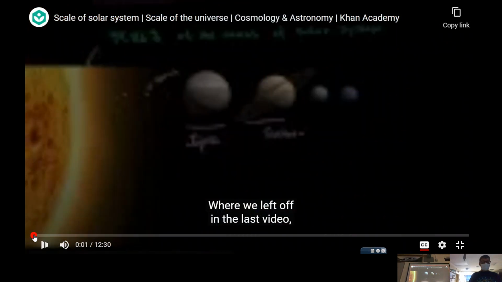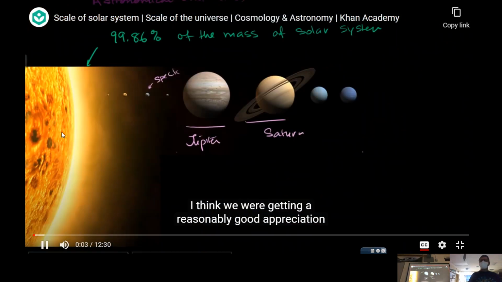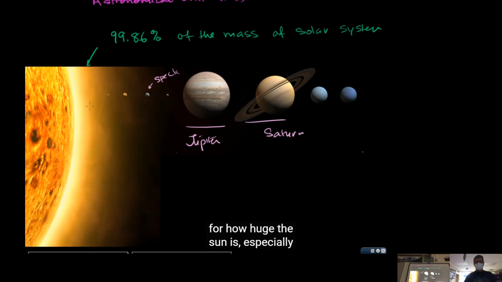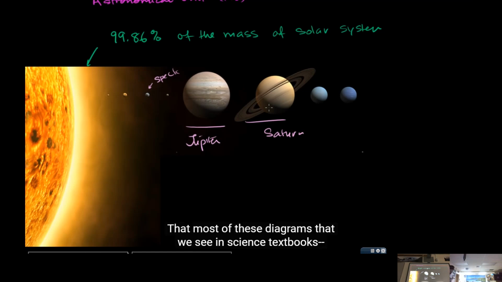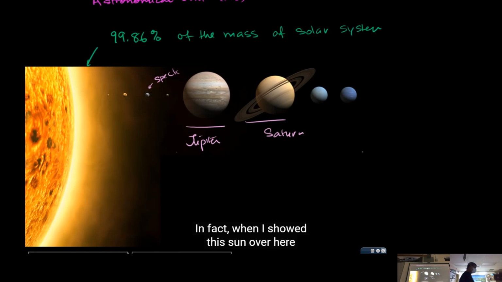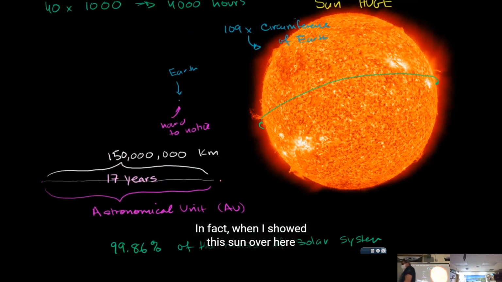In the last video, I think we were getting a reasonably good appreciation for how huge the sun is, especially relative to the Earth, and how far the Earth is from the sun. Most of the diagrams we see in science textbooks don't do it justice. In fact, when I showed this sun over here that was about 5 or 6 inches across, I said Earth would be just this little speck about 40 feet